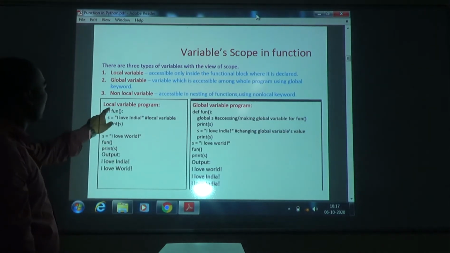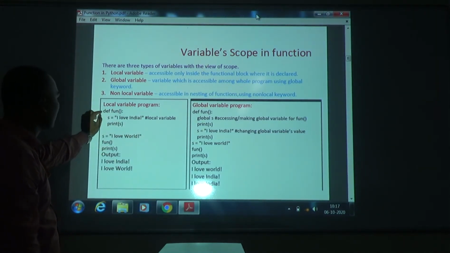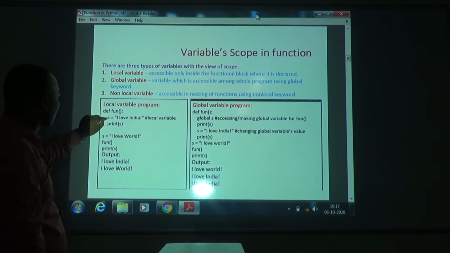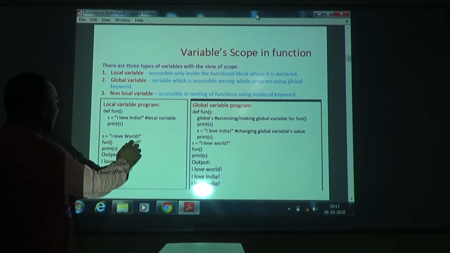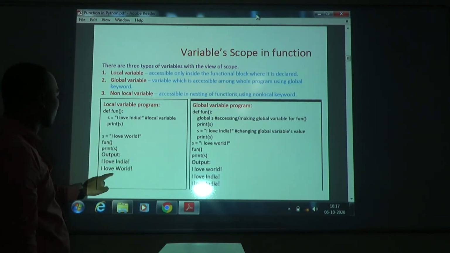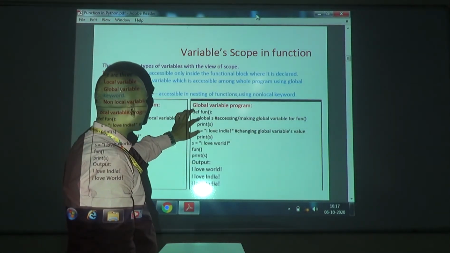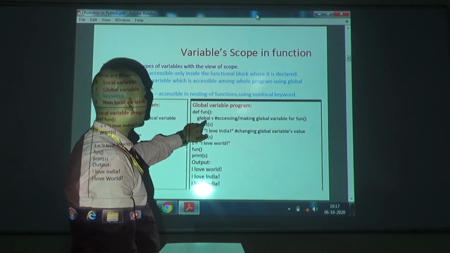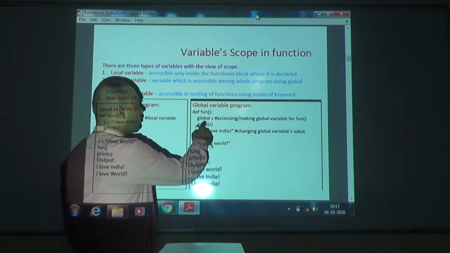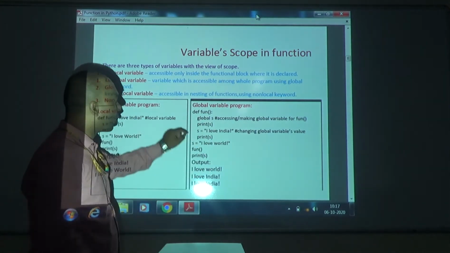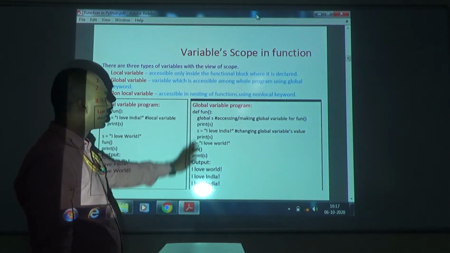We can see here a local variable program example. fun is a function name, and here s = "I love India". This is a local variable because it is inside the function. So it will print here only, in print s. If you call the function, print s gives I love India. Okay, and see here s = "I love world", then fun, then print s, the output is here. Now the global variable is here. This is the function definition. Inside that, one global variable has been defined by giving the global keyword, global s. That means it will access s as global outside the function,